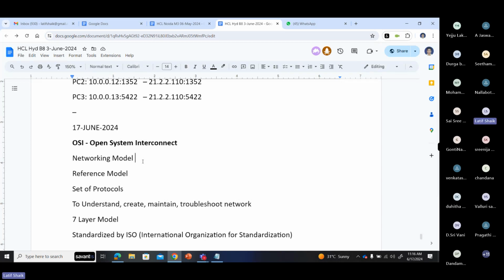Whatever they use, for understanding the network, for maintenance and troubleshooting network-related issues,